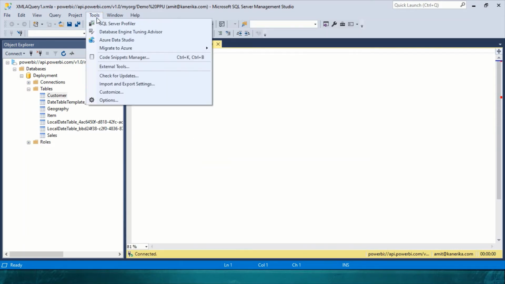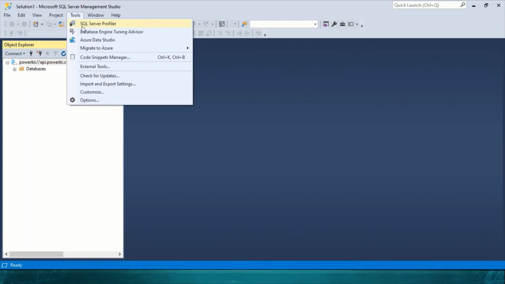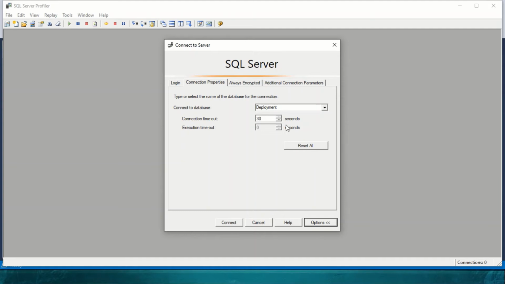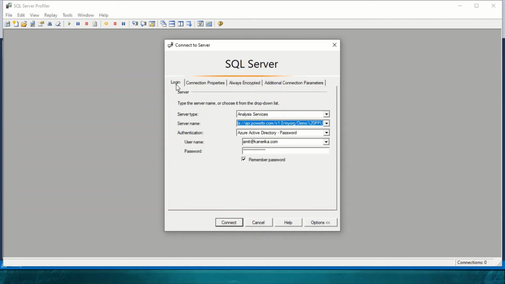For that, you have to go to the tools, and here you have SQL Server Profiler. So now let's connect to the SQL Profiler. Click on SQL Profiler. It's going to open and again ask for authentication. Click on this option, because sometimes the database name you have chosen in the past could be wrong. So browse the server. It's going to take a little bit of time, but once you browse the server, choose the name of the data set, and then you can come back and log in. Once we have done that, let's hit login.